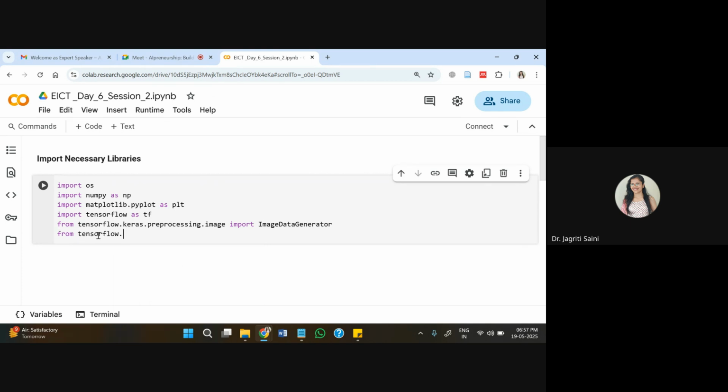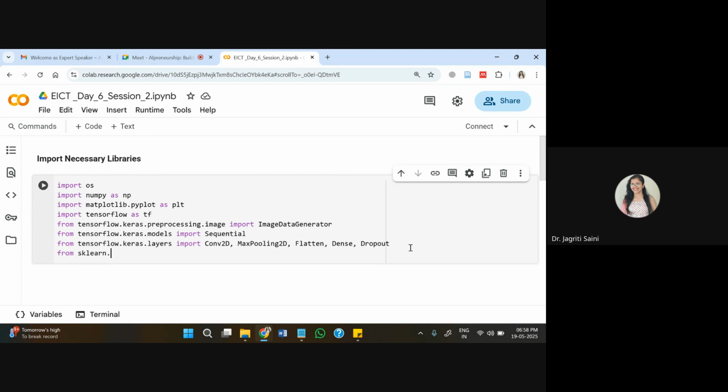Then we'll go to TensorFlow, Keras, and models repository. From there, I'll take the sequential model. If you have worked on CNN in previous cases, in previous days, probably you might be already aware of this. Sequential model is one of the most basic types of CNN model we can use. Then I'll take some layers for my CNN model that will include Conv2D and MaxPooling2D. On the first day of the course, probably you might have gone through these layers when some experts introduced you to the CNN layers. So those layers only I'm calling here, and I'll be utilizing them to create my model.